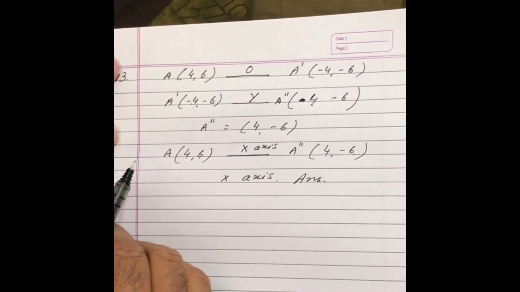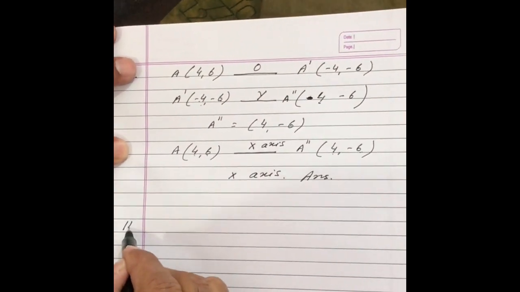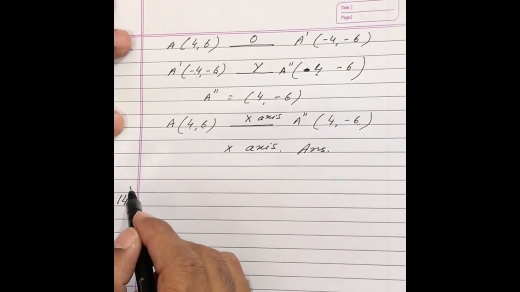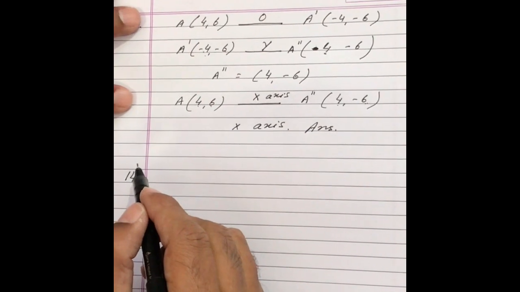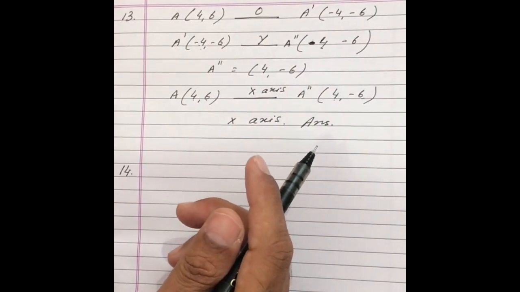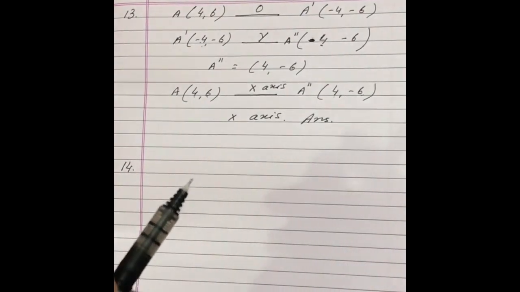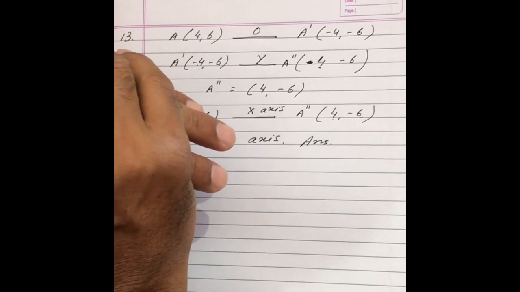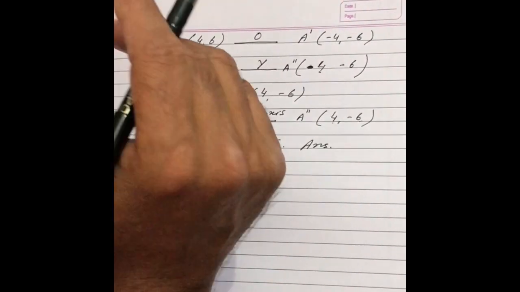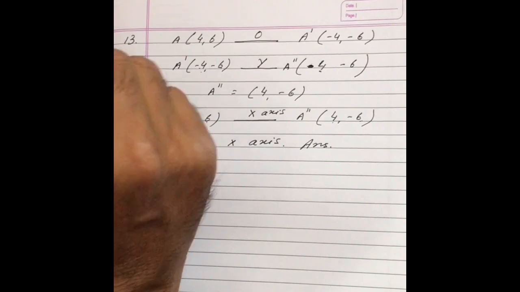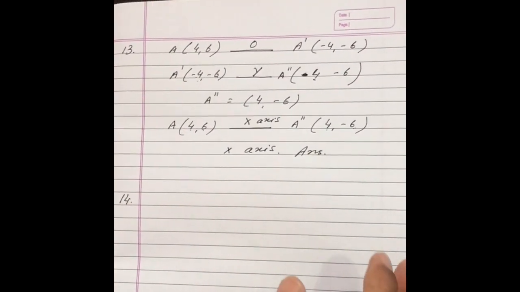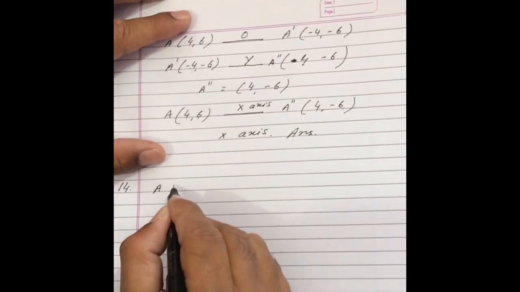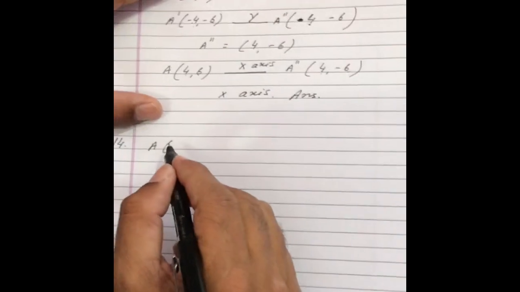Question number 14. The triangle ABC, where A is 2, 6, B is minus 3, 5, C is 4, 7, is reflected in the y-axis to triangle A dash B dash C dash. Triangle A dash B dash C dash is then reflected in the origin to triangle A double dash B double dash C double dash. Then I have to write the coordinates of A double dash, B double dash and C double dash. So A is 2, 6,